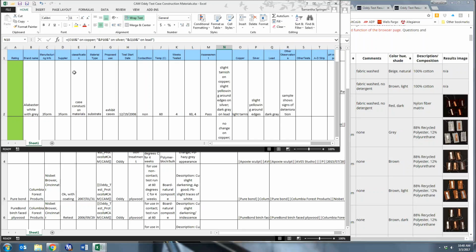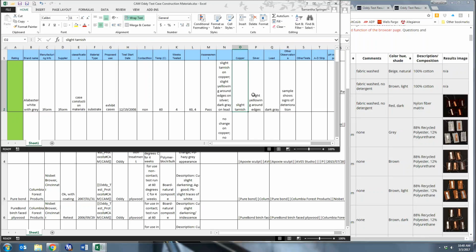So if I had just combined the information in these cells, you can see it wouldn't have made very much sense because the column headers, copper, silver, and lead, would be missing. So keep in mind those little bits of information so that the information that you're combining still makes sense once it ends up on the table. Okay, so